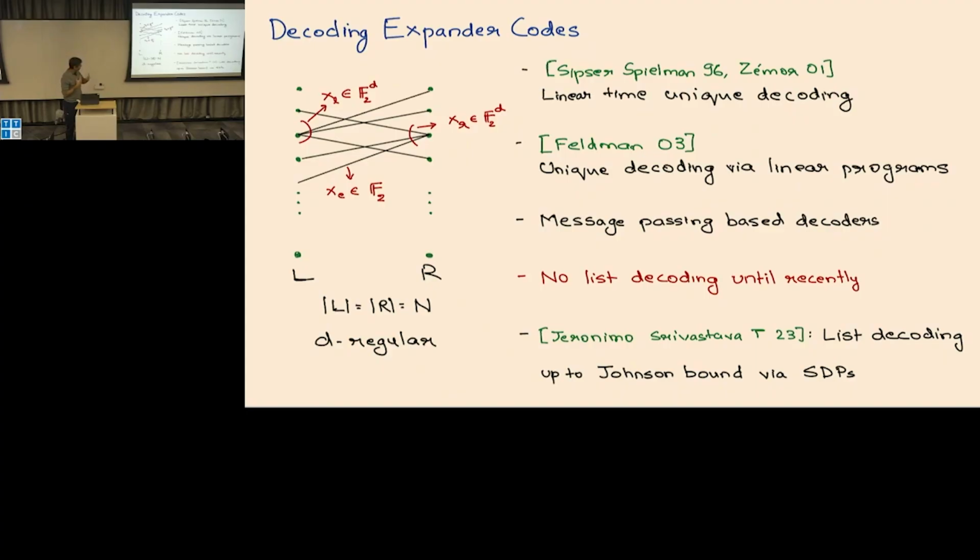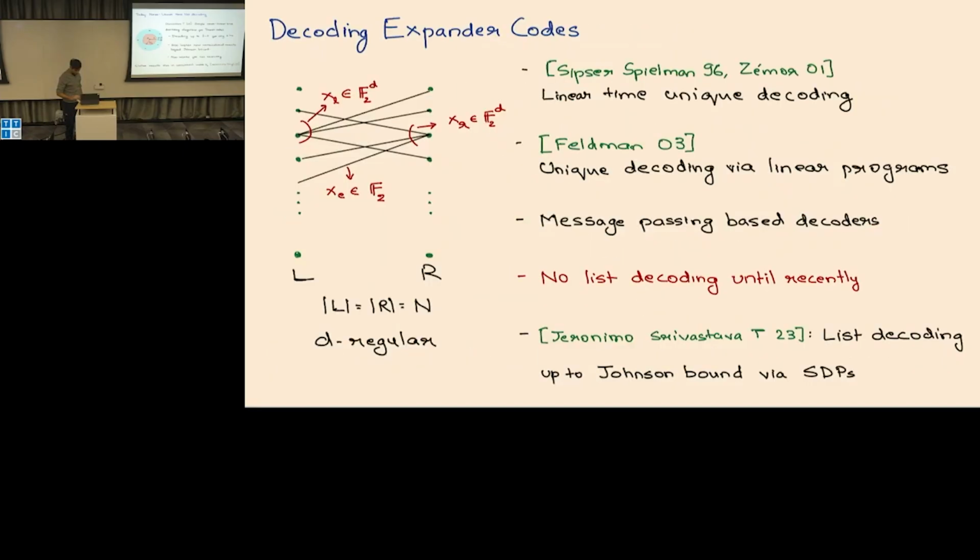And my fear was always that if I'm talking to someone who designed a unique decoding algorithm running in linear time, parallelizable, and I tell them you need to solve an SDP of size n to the 100, they'll kind of punch me in the face. So now I try to rectify that a little bit, and then we'll talk about